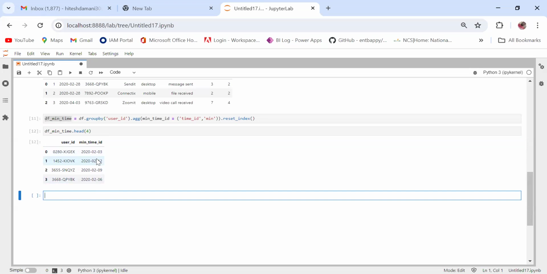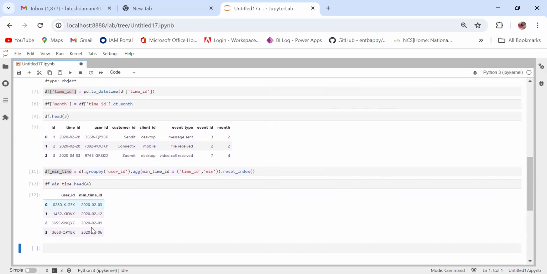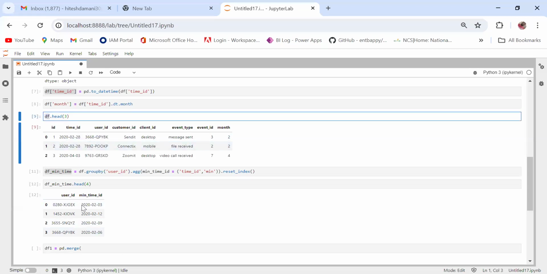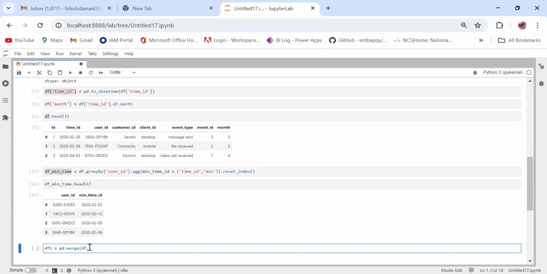Now, can I say this thing? If I merge this particular data set back to our original data set, I will be able to get the minimum time ID for a specific user, right? So for that, what I'm doing over here is I will use df1, and I will use pd.merge. I will be merging on df, and I will merge it with df minimum time, on user ID,